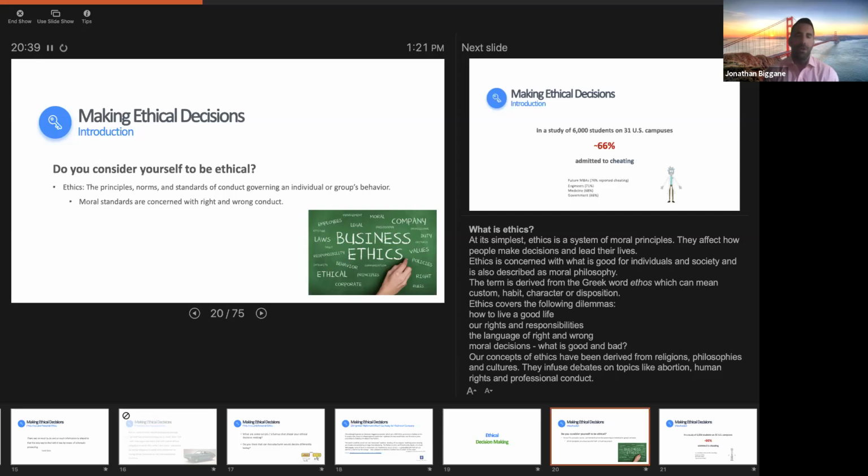Ethical behavior really derives from a lot of different areas. A lot of it comes from different religions, different philosophies, different cultures, and it changes over time, and it changes depending on the culture and the context that you're in. For example, in some places it might make sense to eat cows, and in other places that would be unethical. Same with dogs and so forth. So ethics is very much situational and context dependent.